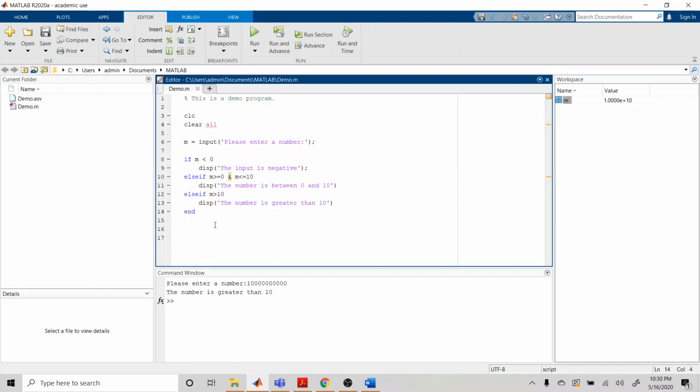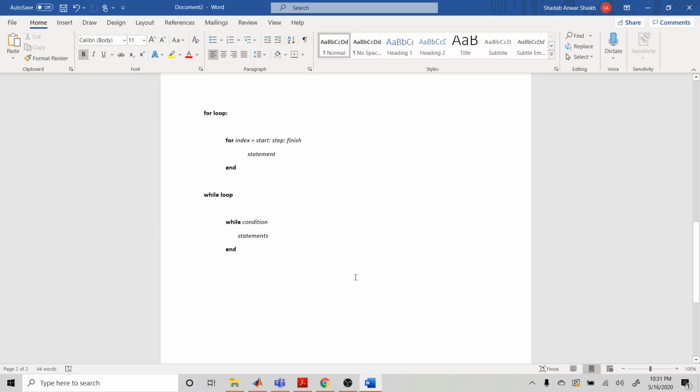Let's start with the next part in MATLAB programming. This is again a very important thing, that is loop. There are certain situations where you have to do something repetitively, continuously. In those situations, you are going to make use of the loop. In MATLAB there are two loop statements: